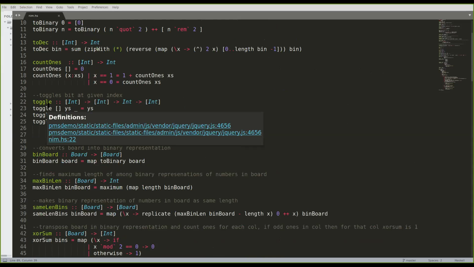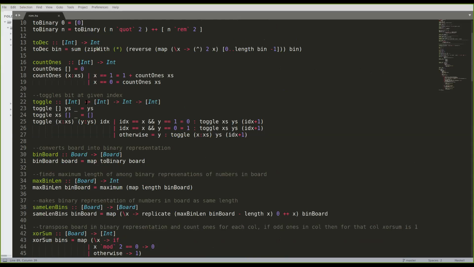And this is the main function, toggle. We have the column indexes where it's 1, and now we need to toggle those so as to make the XOR sum 0. It takes a list of indexes and the binary representation of the number, and then it outputs the new number. Actually, it's not a very good function, since here we need to always give 0.